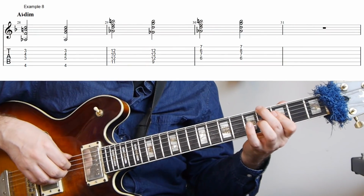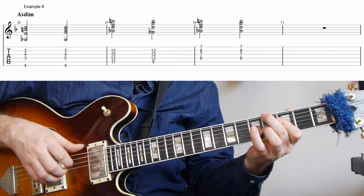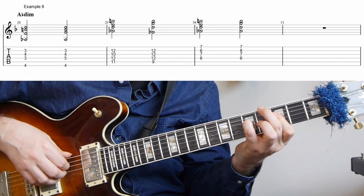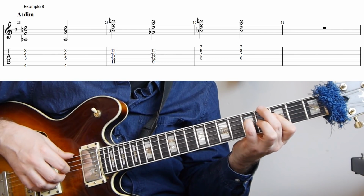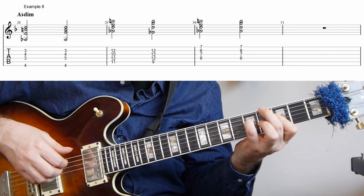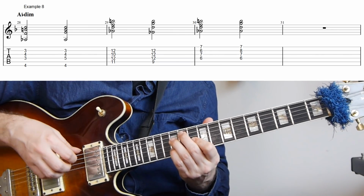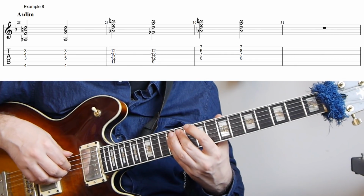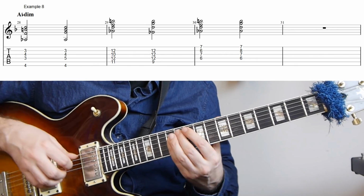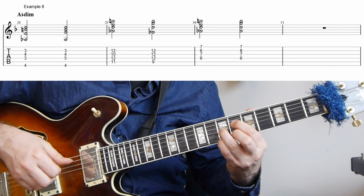So if we take this A flat diminished chord voicing, I can use the G instead of the F, and then I have this, which is really just a G major triad over an A flat bass note. And if we take the drop 2 voicing up here, then that will be this, which is again just an A flat bass note, G major triad,